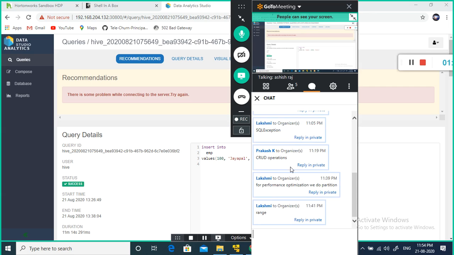See, a data warehouse is meant for analytics. The latency should be very low, and the response time should be very fast. That is the principle of a data warehouse, and that is the reason why they don't use indexes. Index you can use, but if you use an index on a huge table and your query selects a huge amount of data, it has to read both the index values as well as the table data. It takes a lot of time. That is the reason why, importantly, they don't perform update and delete operations.